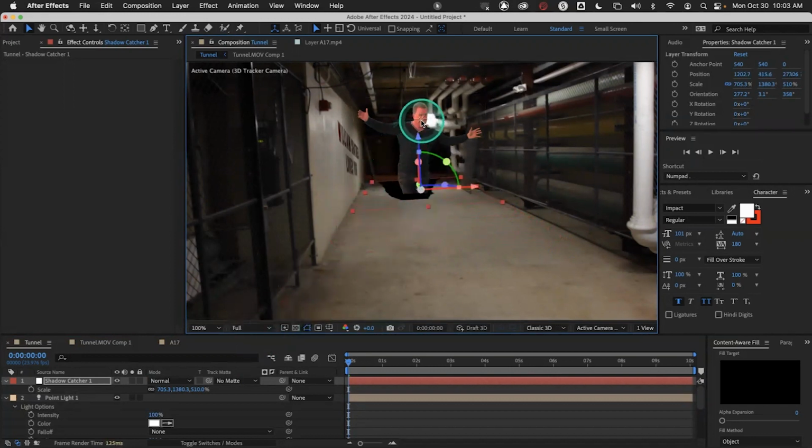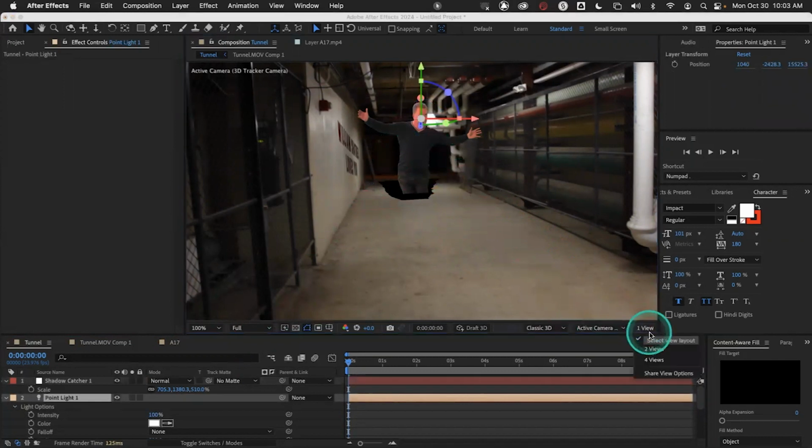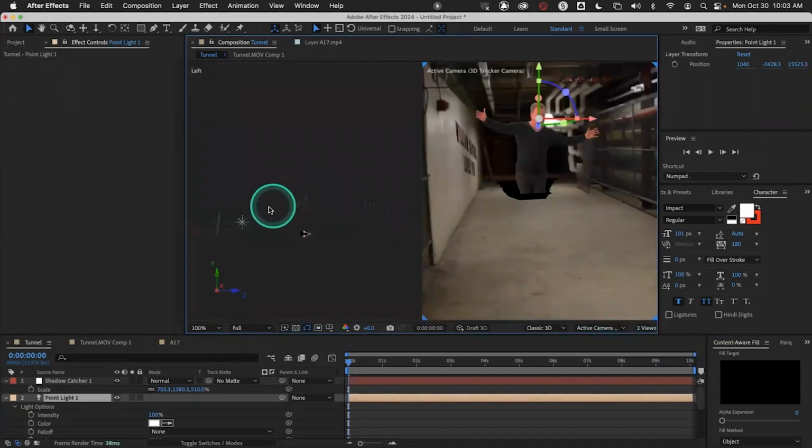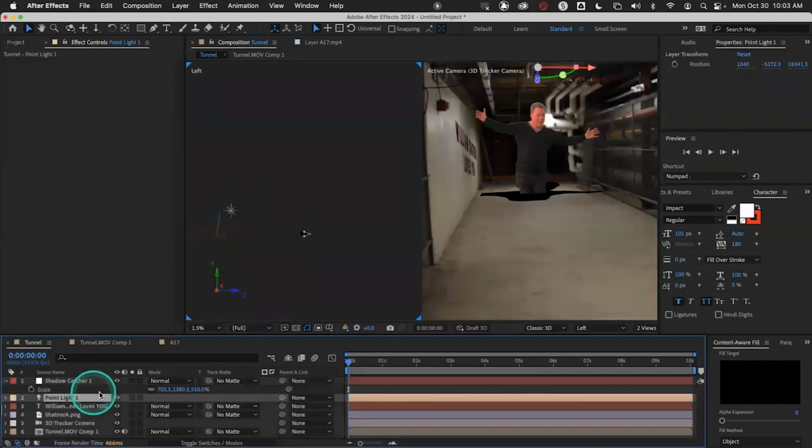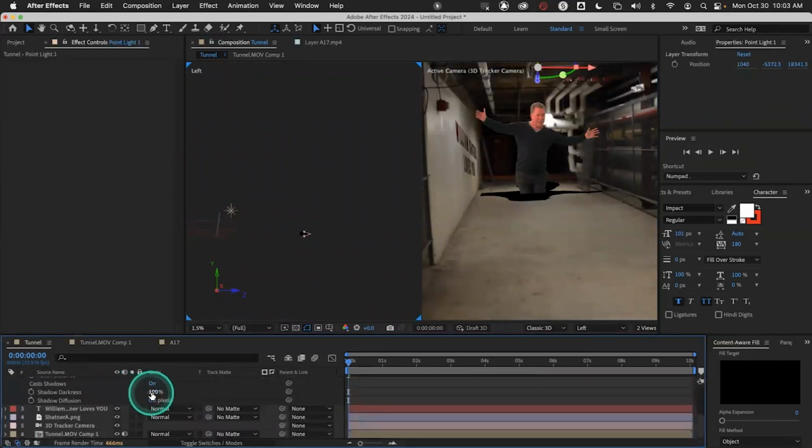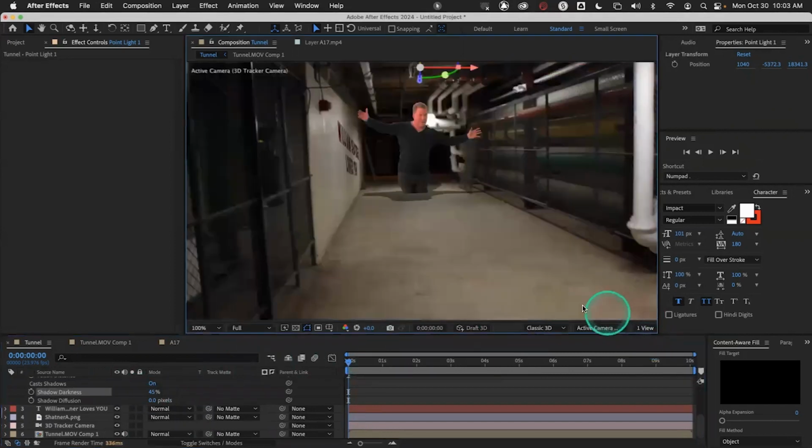Now, depending on where the light is and how the light is positioned, we'll go back in here to 2 views. We'll put this light up here, and we can get a shadow over William Shatner, who is on the ground here. So now it has the shadow beneath William Shatner. It's this floating shadow here. We'll take the shadow catcher, take the light AA options, and go to the cast shadows, maybe like 40%, 45%, to have a little lesser shadow. And so now we have this moving shadow that we have caught